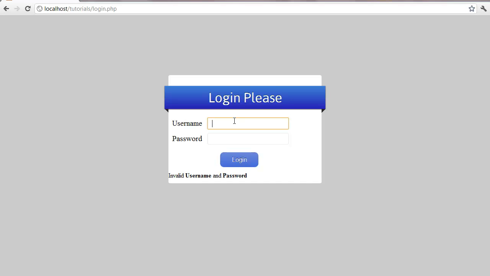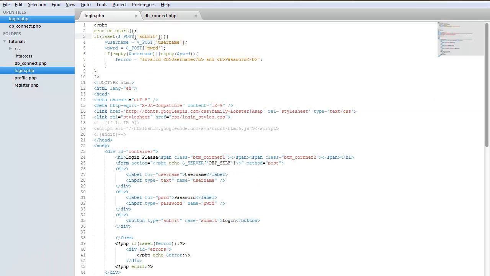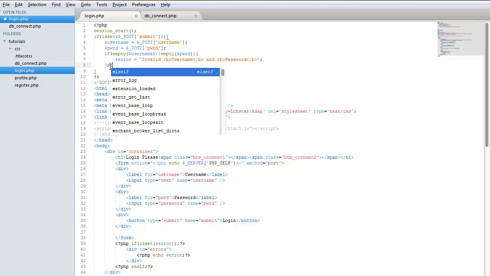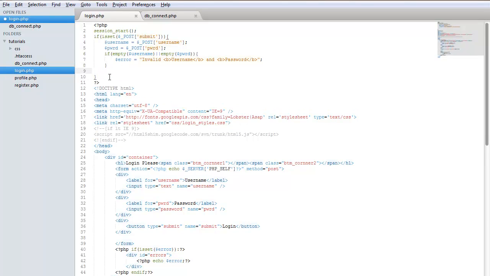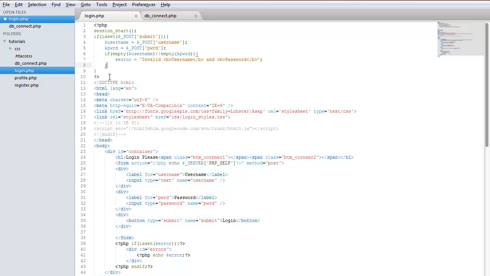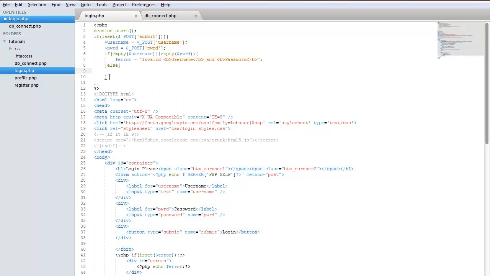So if we were to put A, no error displays. Okay, so let's go ahead and provide a check to see if it's there. So we're going to do else here. The reason why I'm doing the else block for the code is because I don't want anything else to run unless this if statement is proven not to be true. Because sometimes if you don't put an else and then start adding code here, it will still run. I don't want that to happen, so just to be safe, we'll put it within some brackets within the else statement. Okay, so now we know that if we're at this part in our code, we have our username